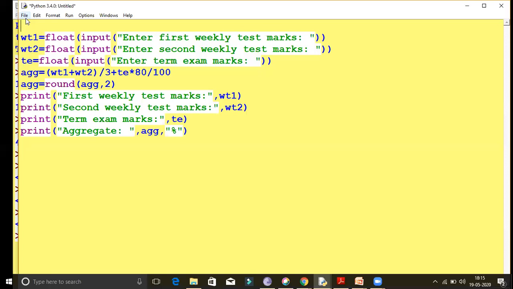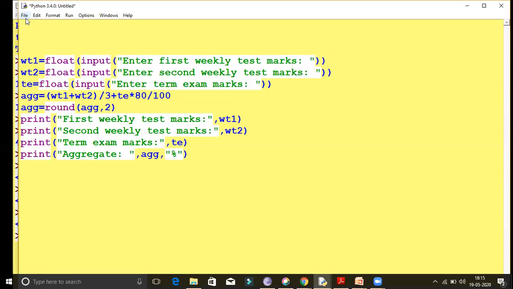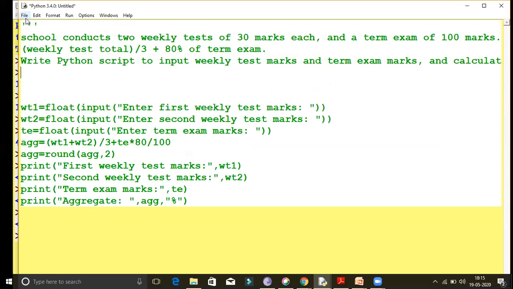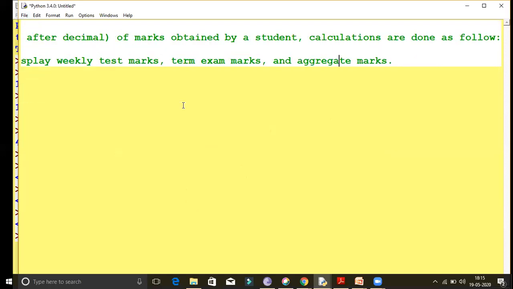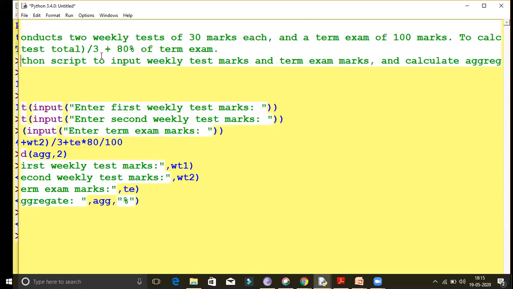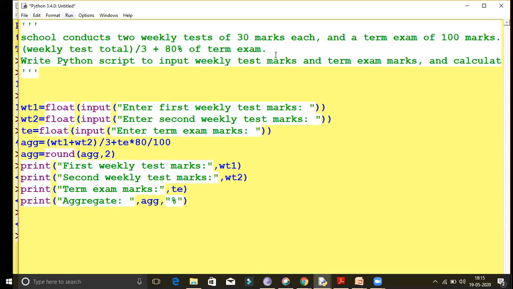This is a multi-line question, so I am writing it with triple quotes.